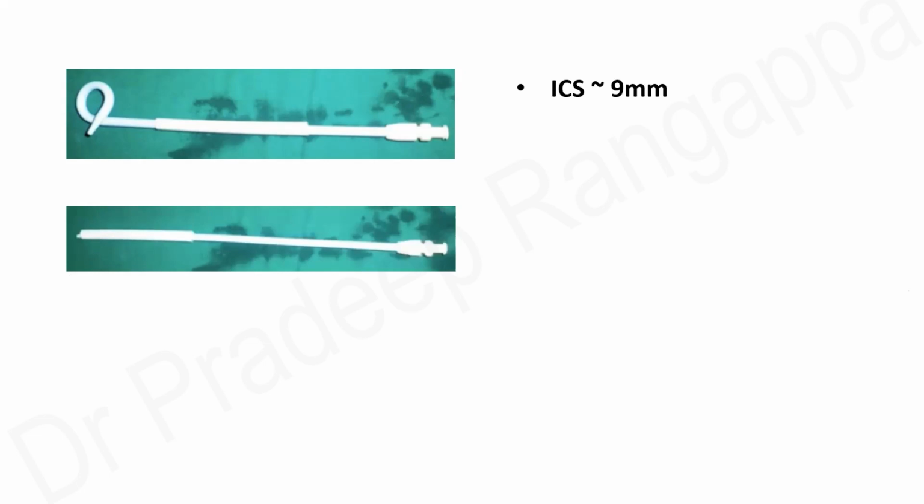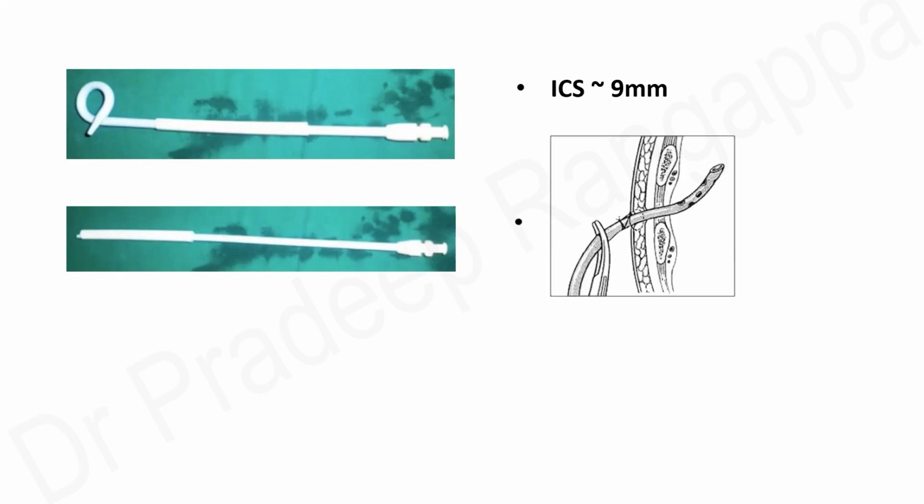Just a few things to remember. The intercostal space is around 9 millimeters on average. The intercostal drain that we conventionally put for thick pleural effusions is much larger compared to the pigtail. So it is important for all trainees to bear in mind that the size of the intercostal drain is close to about 9 millimeters, so it just about fits into the intercostal space. If we are using an underwater seal drain or intercostal drain of size 28, it is around 9.3 millimeters. And if you're using 32, it is around 10.6 millimeters.